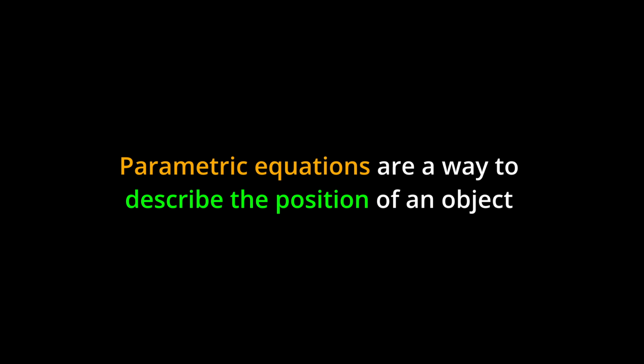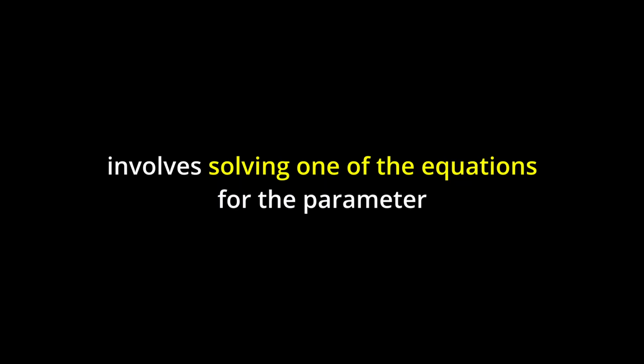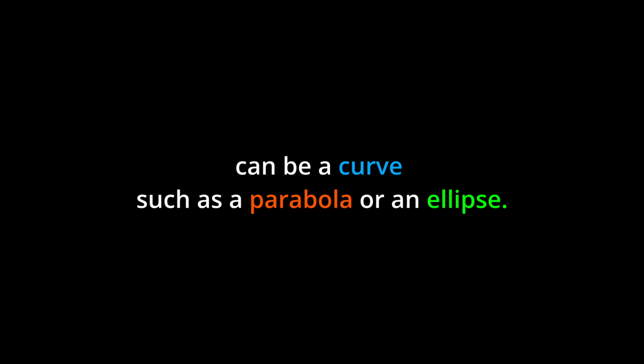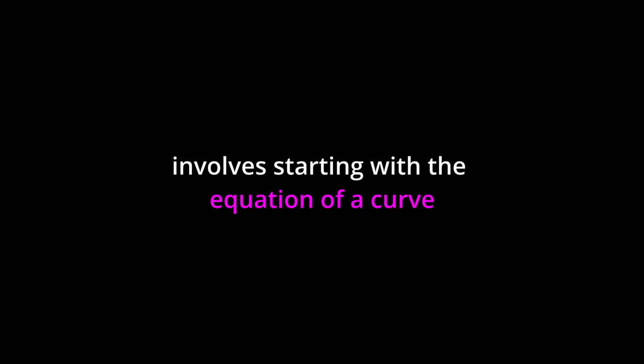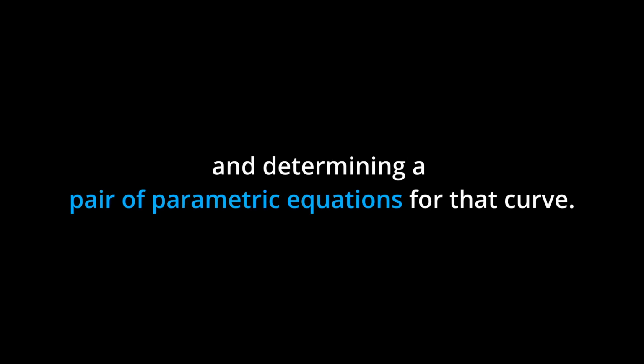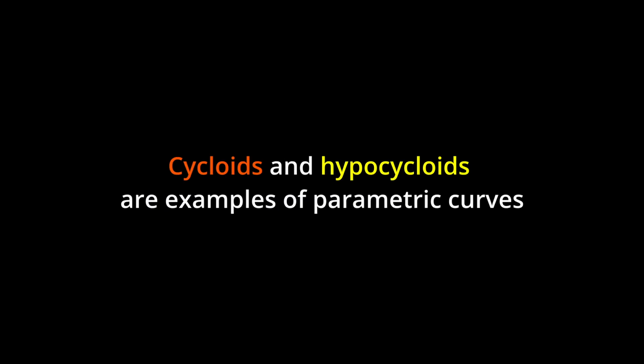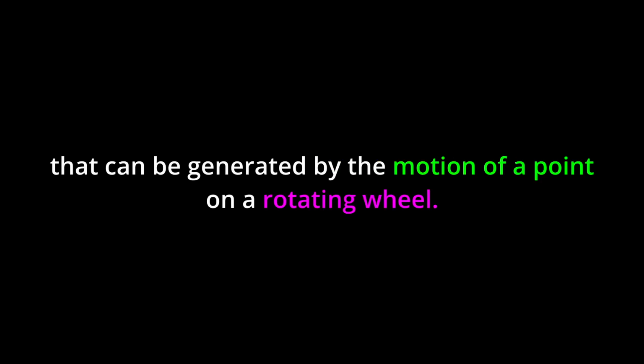Key points. Parametric equations are a way to describe the position of an object in terms of one or more parameters. Eliminating the parameter involves solving one of the equations for the parameter and substituting it into the other equation. The resulting graph after eliminating the parameter can be a curve, such as a parabola or an ellipse. Parameterization of a curve involves starting with the equation of a curve and determining a pair of parametric equations for that curve. Cycloids and hypocycloids are examples of parametric curves that can be generated by the motion of a point